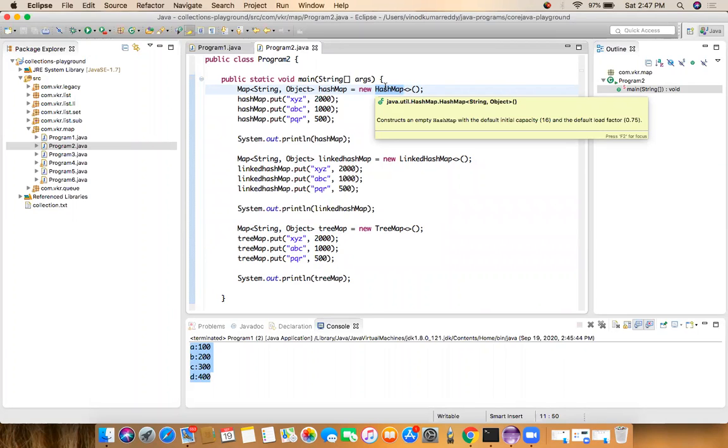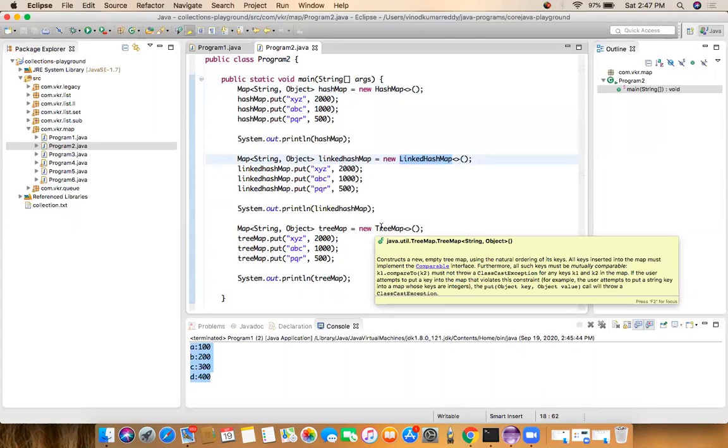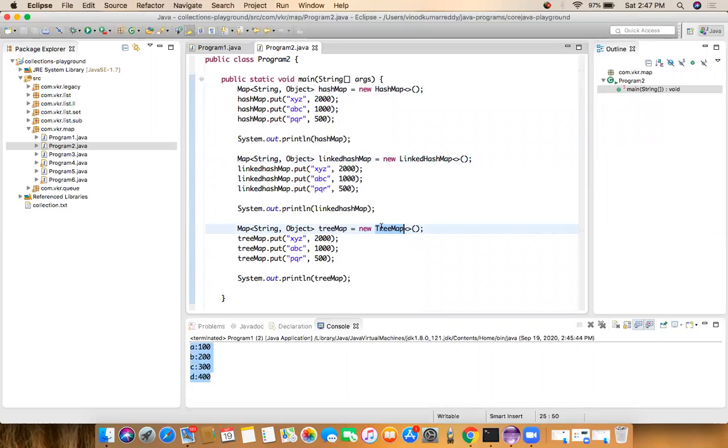If you have a requirement of maintaining key-value pairs, and whatever order we are adding to the LinkedHashMap, we need to get the same order, we can go with the LinkedHashMap. If we have a requirement of maintaining the key-value pairs, and all keys should be in sorting order, ascending order, we can go with the TreeMap. These are the three subclasses of Map which we can use based on our requirements.